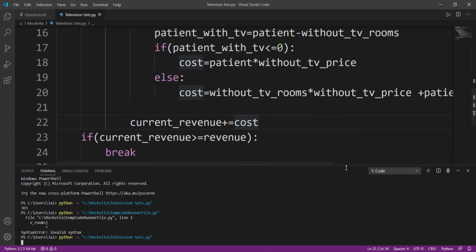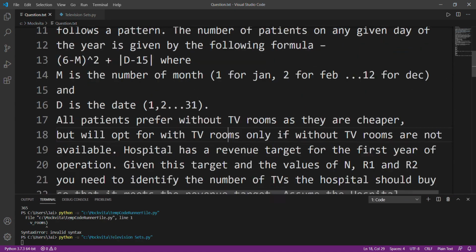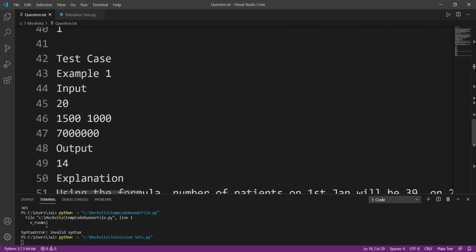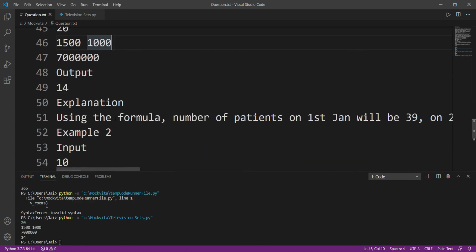Okay, it was nothing. I need my inputs. What are my inputs? All right, 20, 50, 100, 7,000. I'll just copy them. All right, 14. And what's the answer? Yes, the answer is 14 exactly.